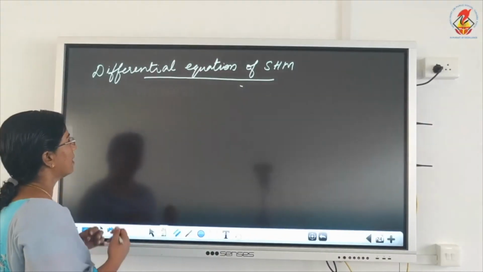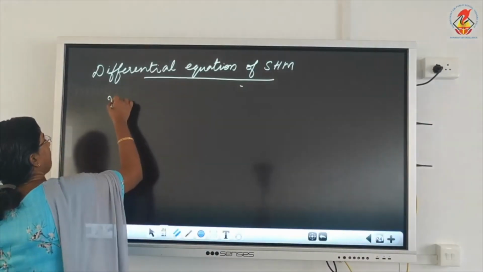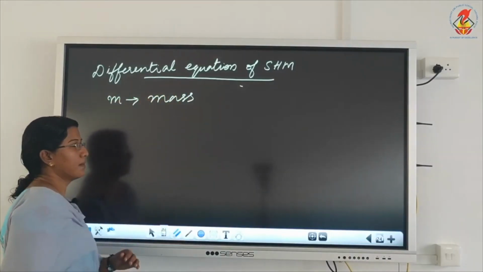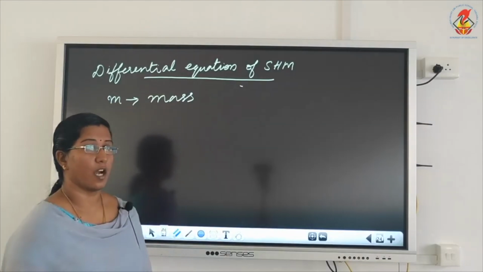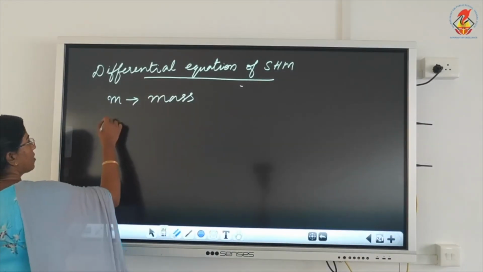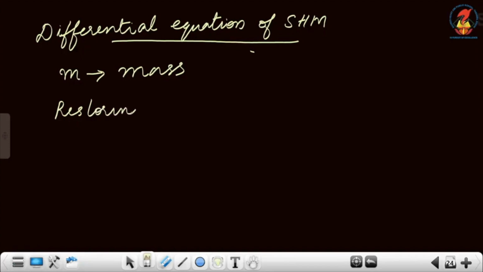So, consider a particle of mass m undergoing simple harmonic motion. According to the definition of simple harmonic motion, we know the restoring force is proportional to displacement